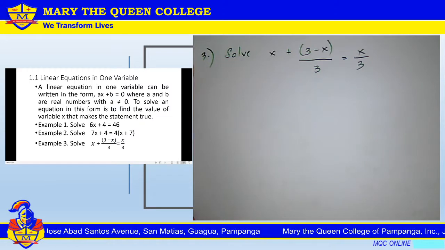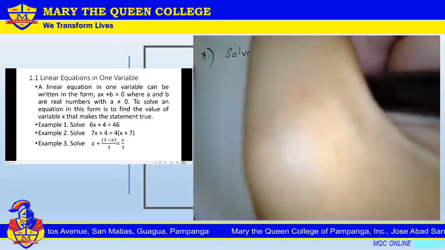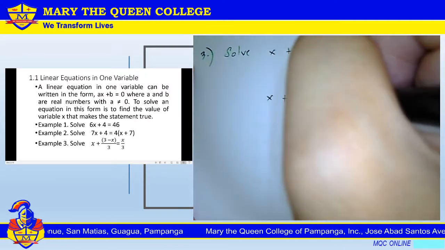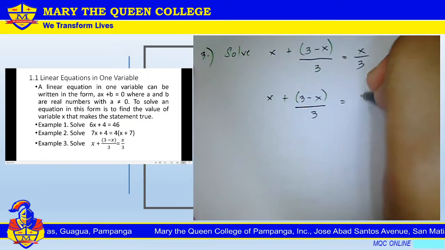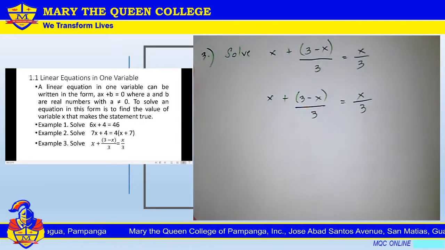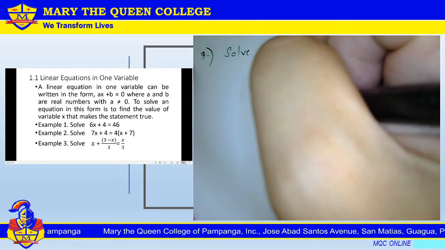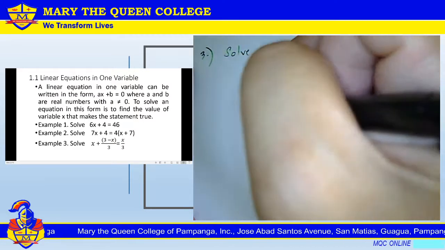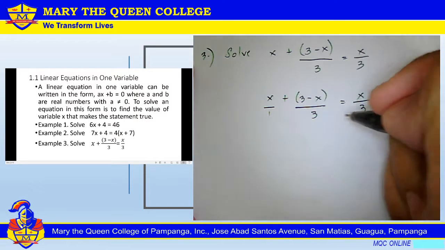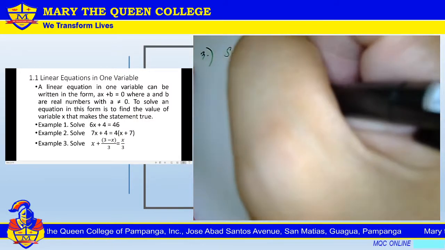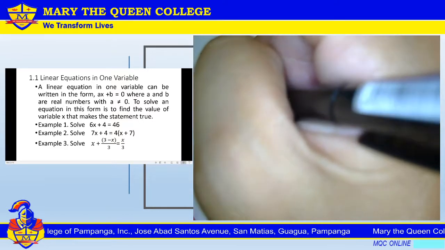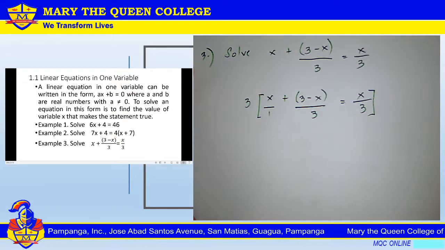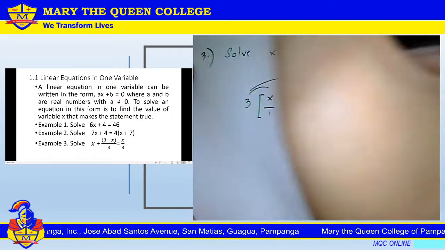Okay, so you can use the LCD method. From here, rewriting our given equation, we have x plus the quantity 3 minus x all over 3 is equal to x over 3. Since we have 3 as our denominator and x has no denominator, understood it is over 1. So since we have 3, the least common denominator would be 3, so that would be our multiplier. Okay? So we will multiply the whole equation by the LCD, which is 3, and then you can now distribute